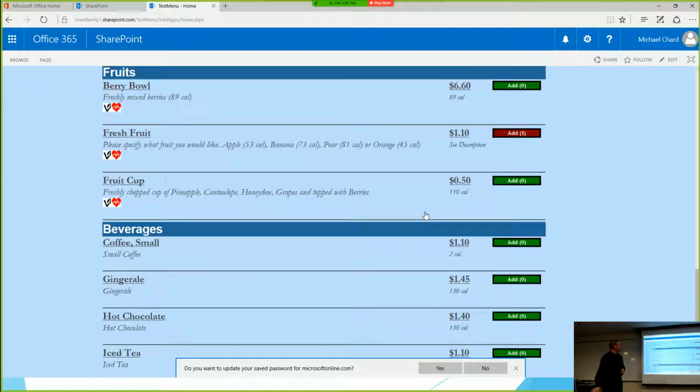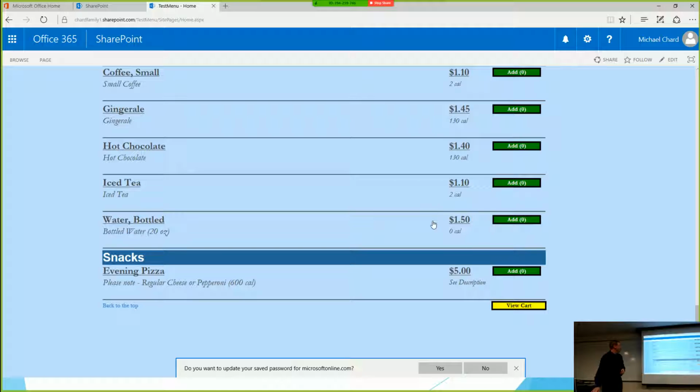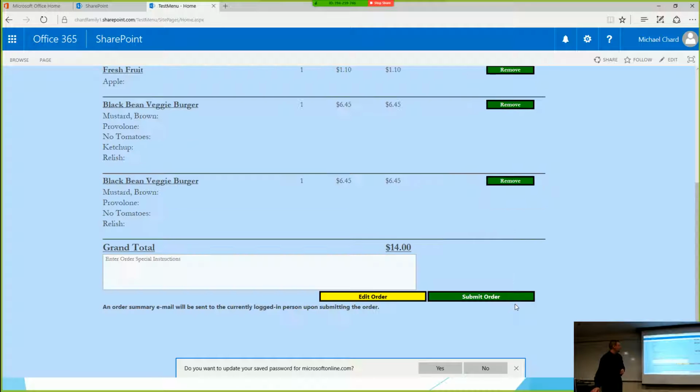So if I go back through and view my cart, you can see the apple that I ordered. I'm now down to 1 type of black bean veggie burger with ketchup and relish, and 1 with just relish. So if I submit my order,